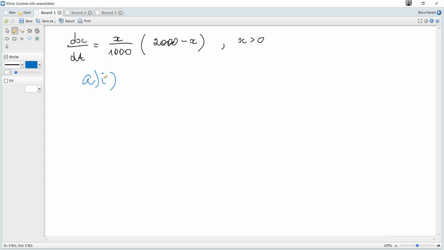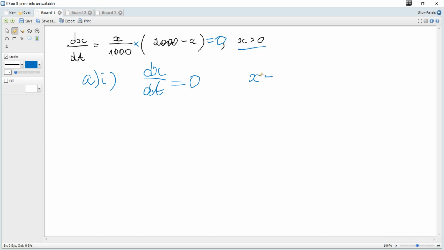To find the equilibrium population, we should consider the derivative with respect to time to be equal to 0. Why? Because the derivative with respect to time is a rate of change, and at equilibrium the rate of change is equal to 0. So for it to be equal to 0, we can see that it's a product, and for the product to be equal to 0, possible solutions are x is 0, but